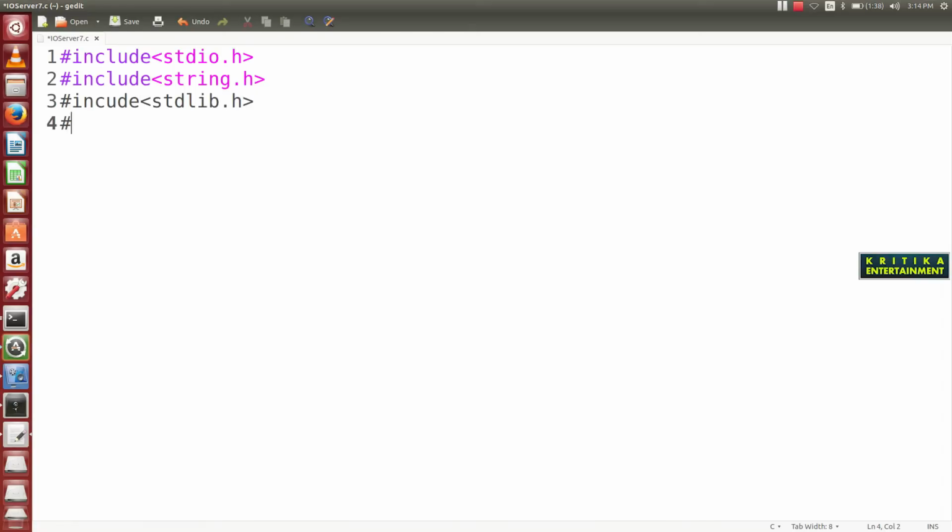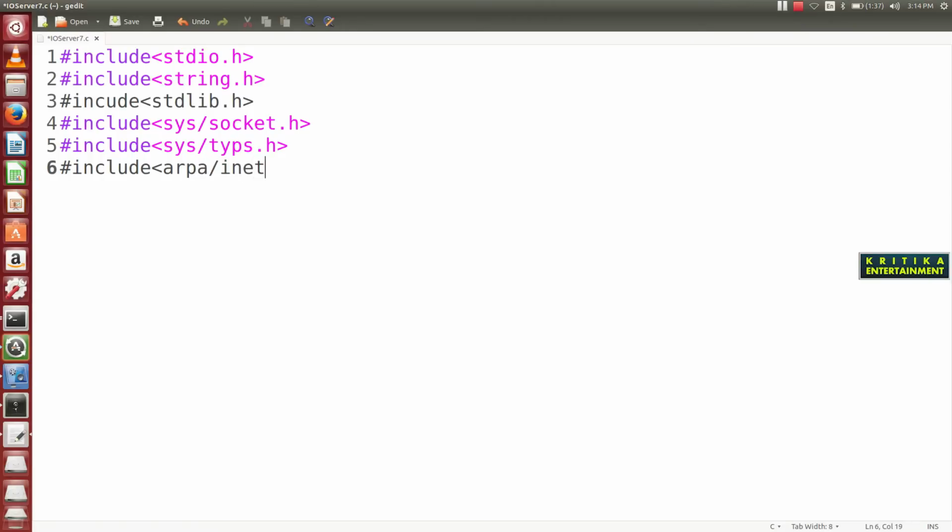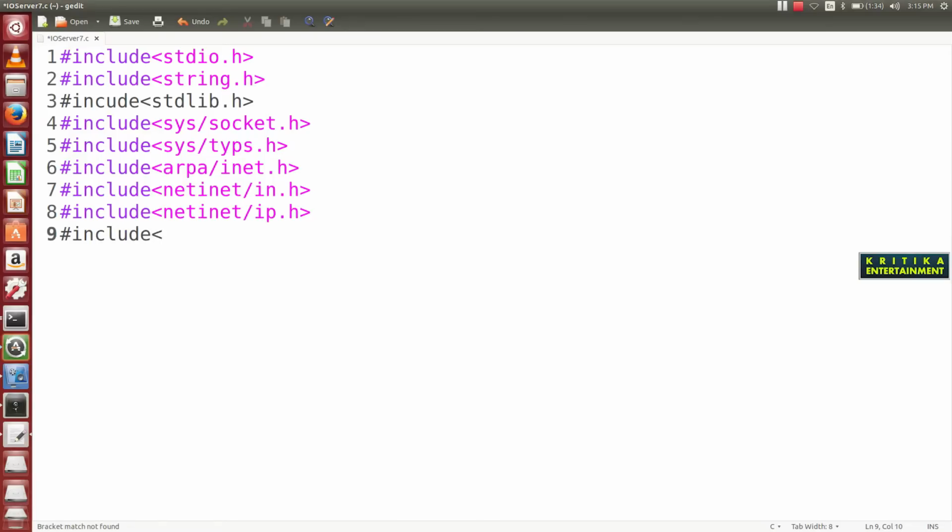Next is networking: #include <sys/socket.h>, #include <sys/types.h>, #include <arpa/inet.h>, #include <netinet/in.h>, #include <netinet/ip.h>, then sys/time.h. Sys/time.h is used to pass the fifth argument inside the select function.